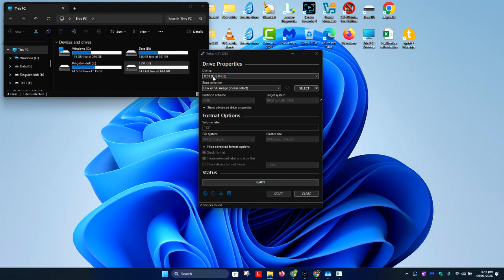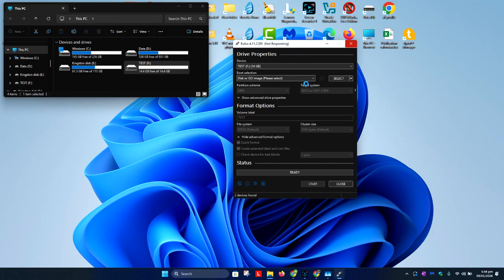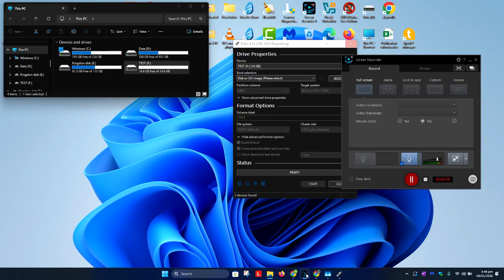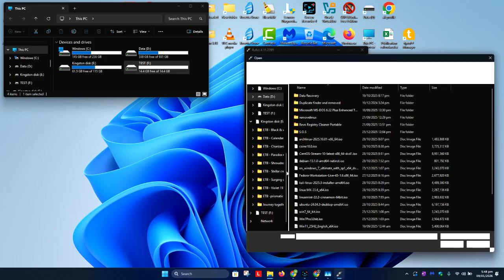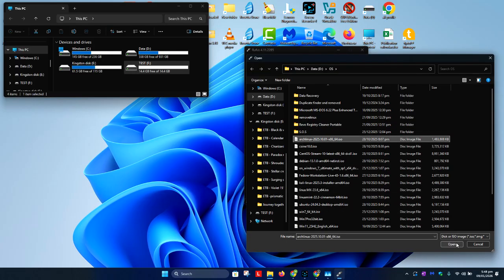Now we make sure to select test device. So here we have it again selected. We just renamed it and we formatted it. And make sure to have disk or ISO image selected. And we're going to click select. So click select. Select Arch Linux ISO file,